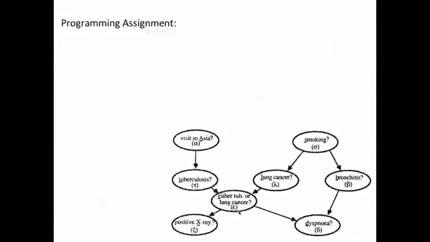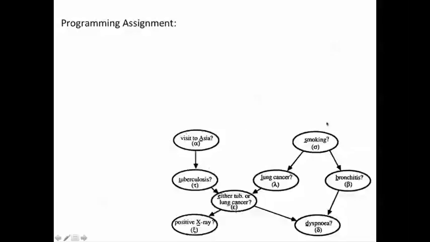For homework 6, you will need to implement a programming assignment to do with Bayesian networks. This is the Bayesian network that we will be evaluating. This is a simple diagnostic network where the variables are